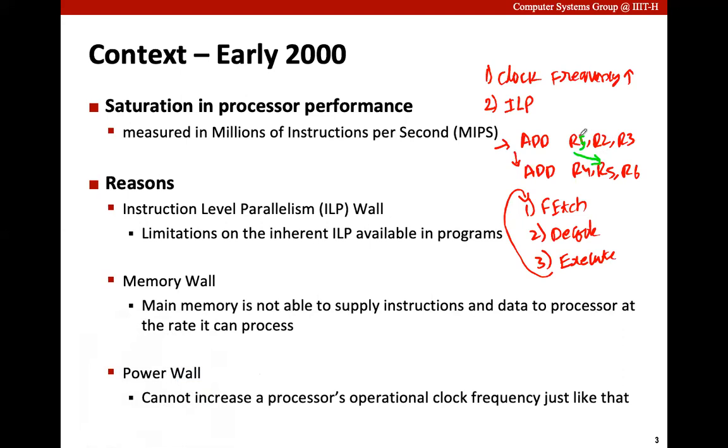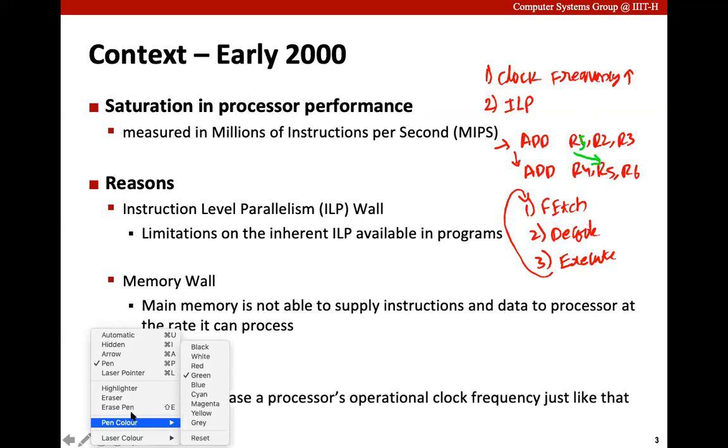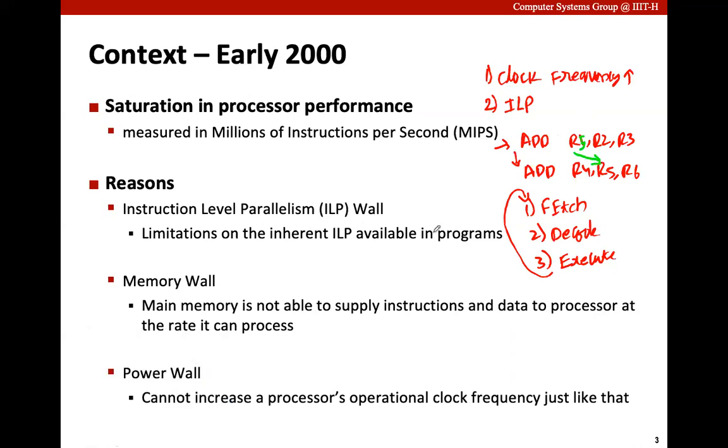That is, the value produced by this add instruction is consumed by the second add instruction. In such a case, the processor cannot execute these two instructions in parallel. So the processors manufactured at that time tried to exploit this instruction level parallelism,